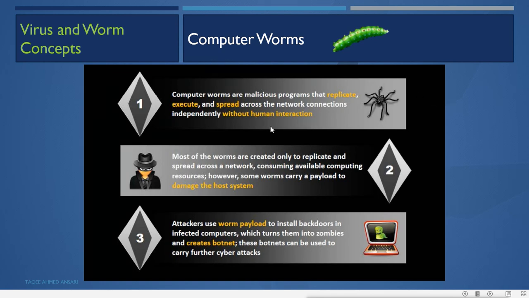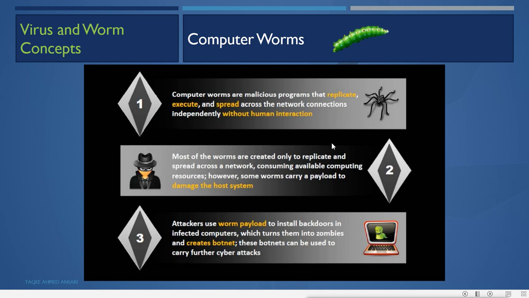It is basically made to spread onto the network. It is made to execute and spread across the network without human interaction. That means two things. First, it is itself a program, a code. The worm does not attach its code into existing programs. It will not add its code into an existing program. A worm itself is a program, itself an exe, and it can also spread into the network without human interaction.